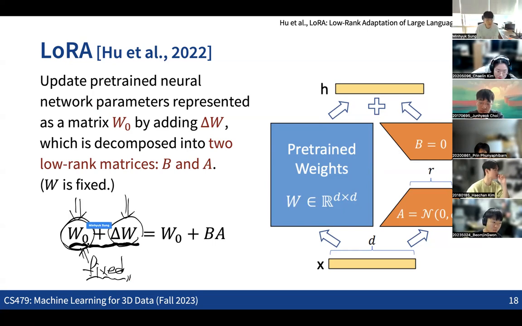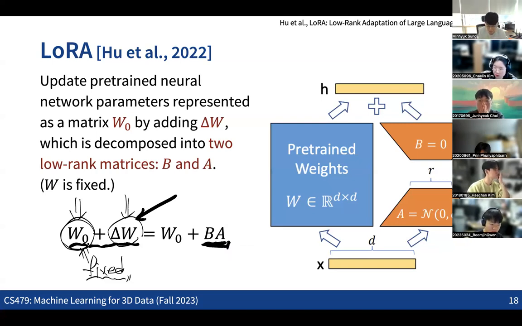So we are adding a small amount of parameters to the neural network in a way that we can easily fine-tune this much smaller number of parameters with a much smaller amount of training data. And the simple idea for reducing the number of parameters is representing the new set of parameters, the additional neural network, as a multiplication of two low-rank matrices. So the neural net parameters are now represented as the multiplication of these two low-rank matrices.